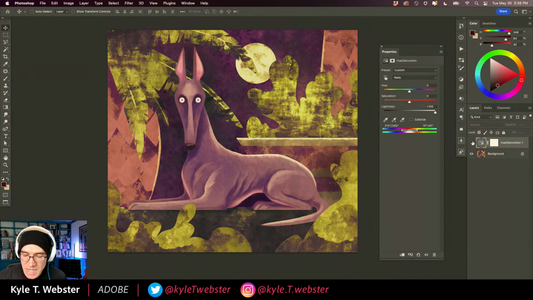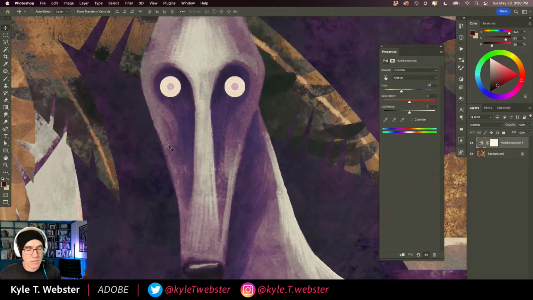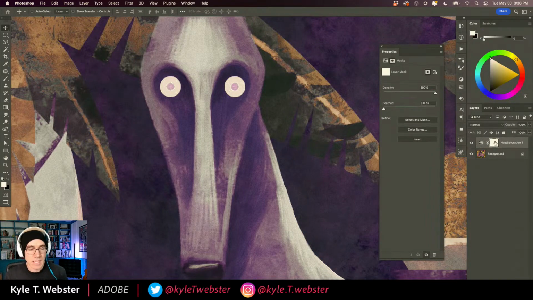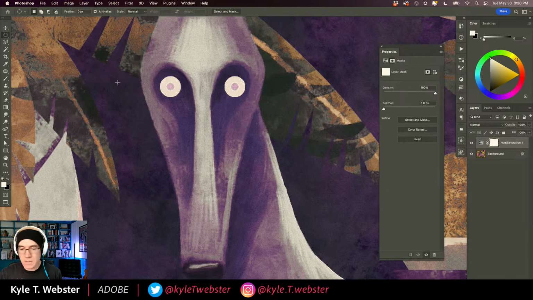Kyle, do these work with masks? Well, of course they do. But of course. What if you want to keep the eyes just like they are? Well, let's come over here. Turn back on our little adjustment layer, and directly to the right you see a big white rectangle. That is in fact a mask. So if I grab my elliptical marquee tool, make a little selection right there, and another one, oops, another one right here, kablamo,